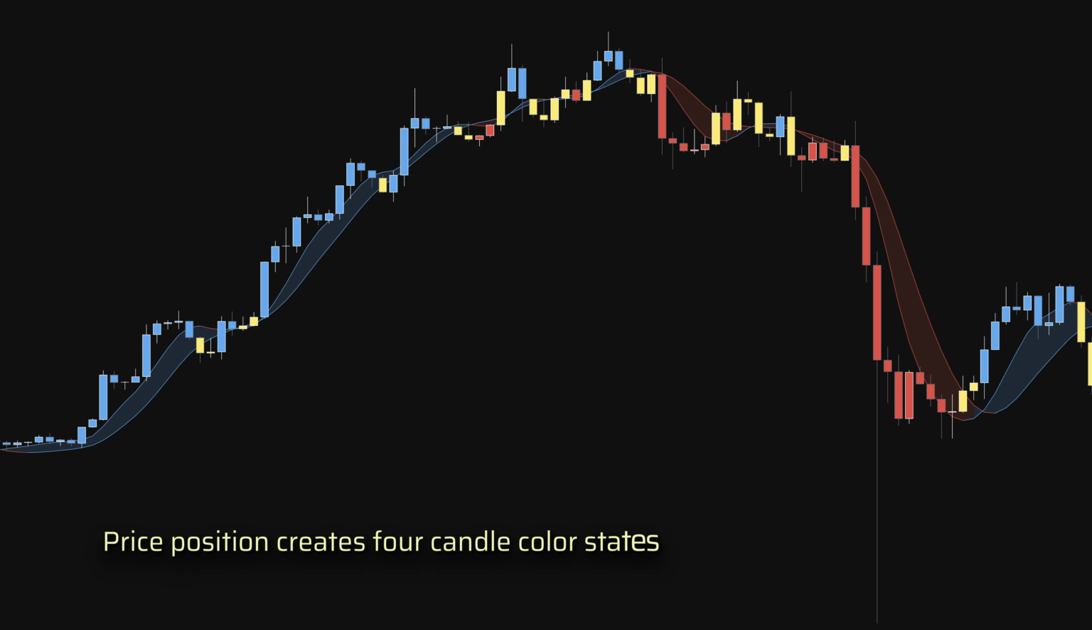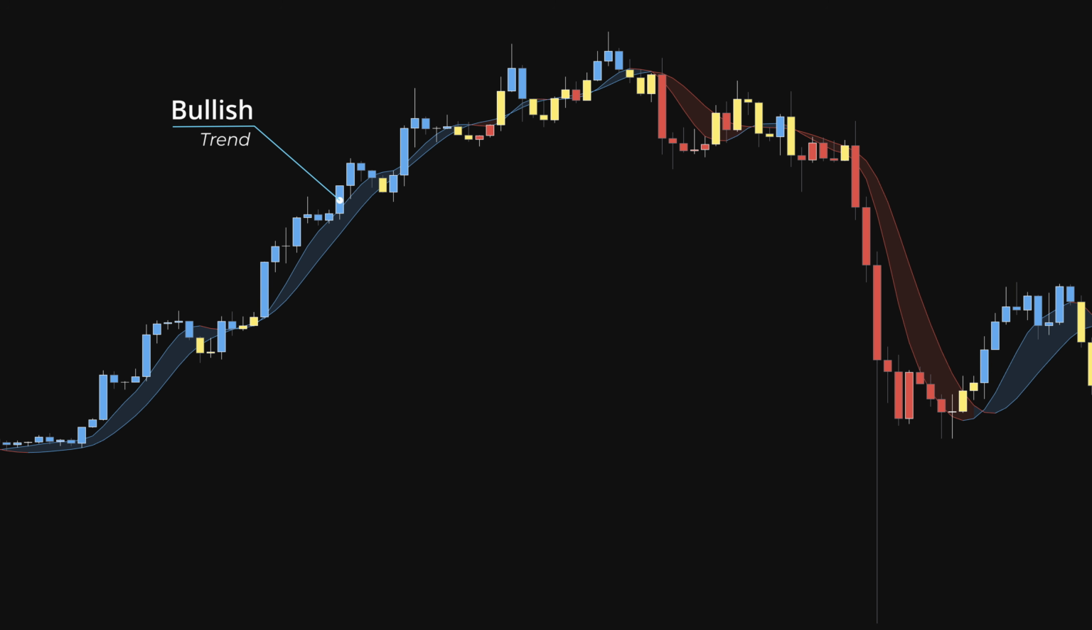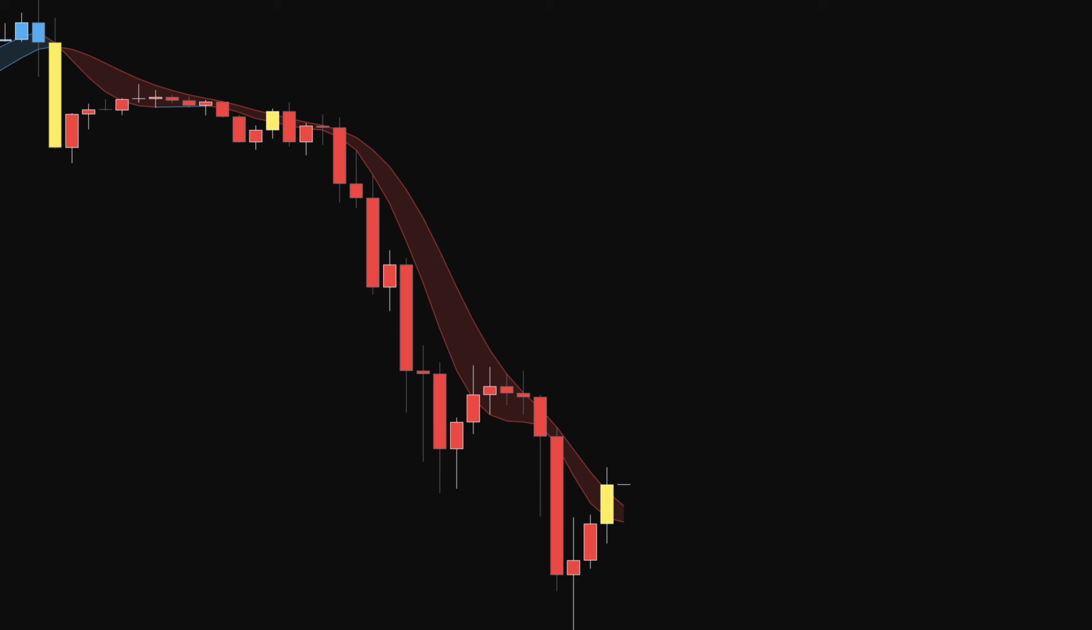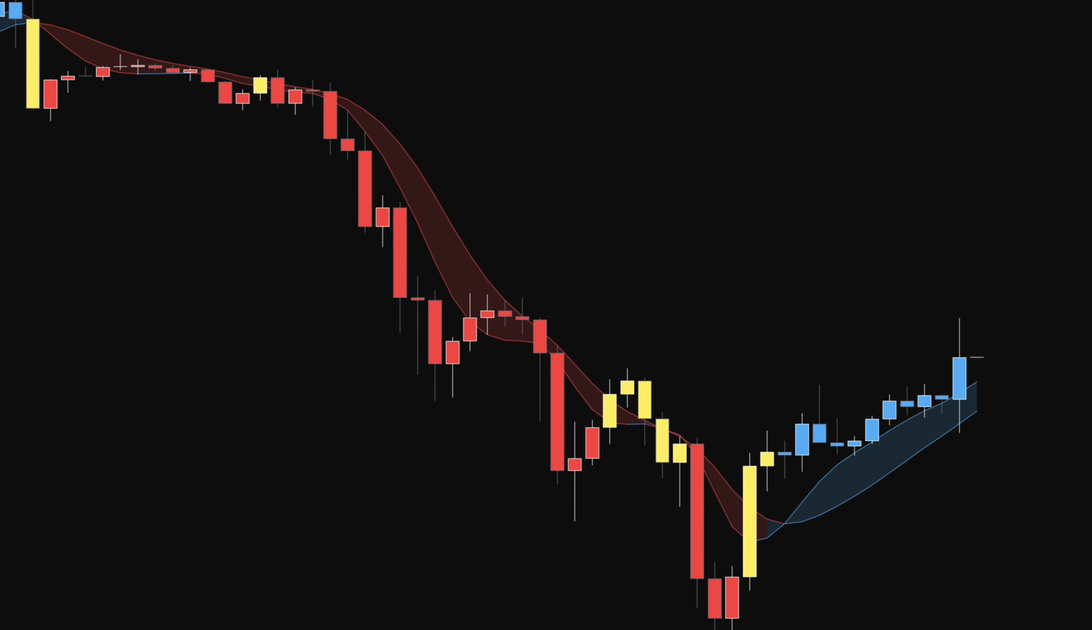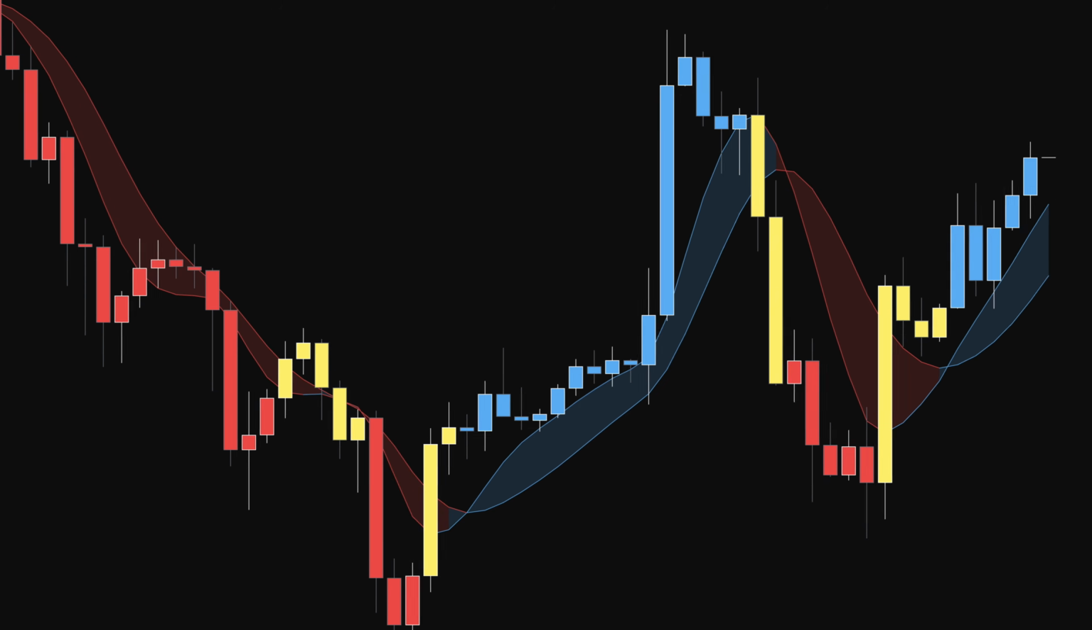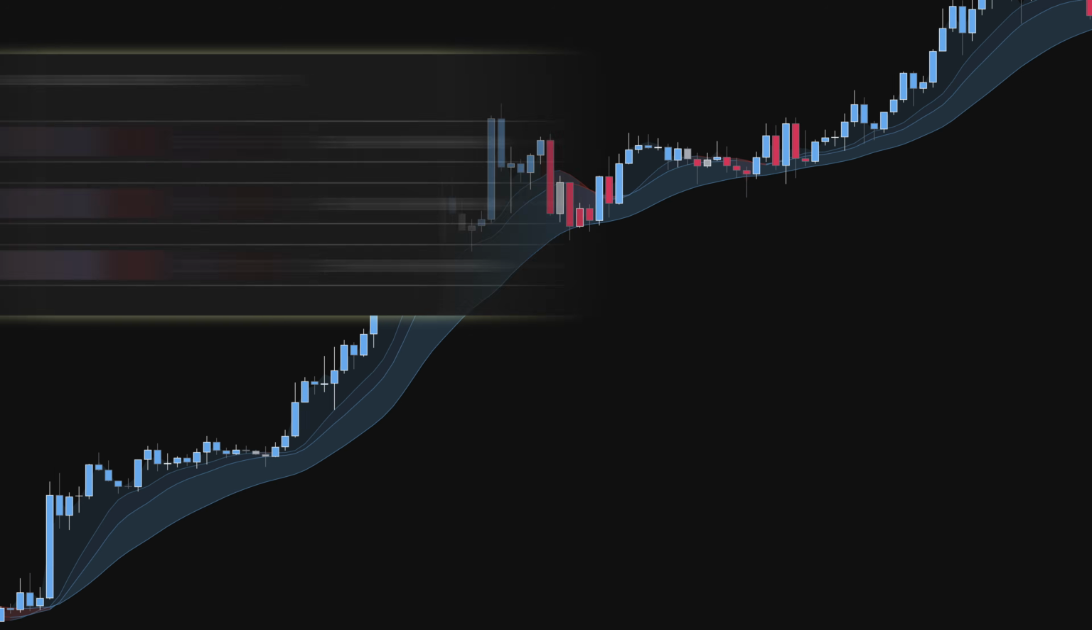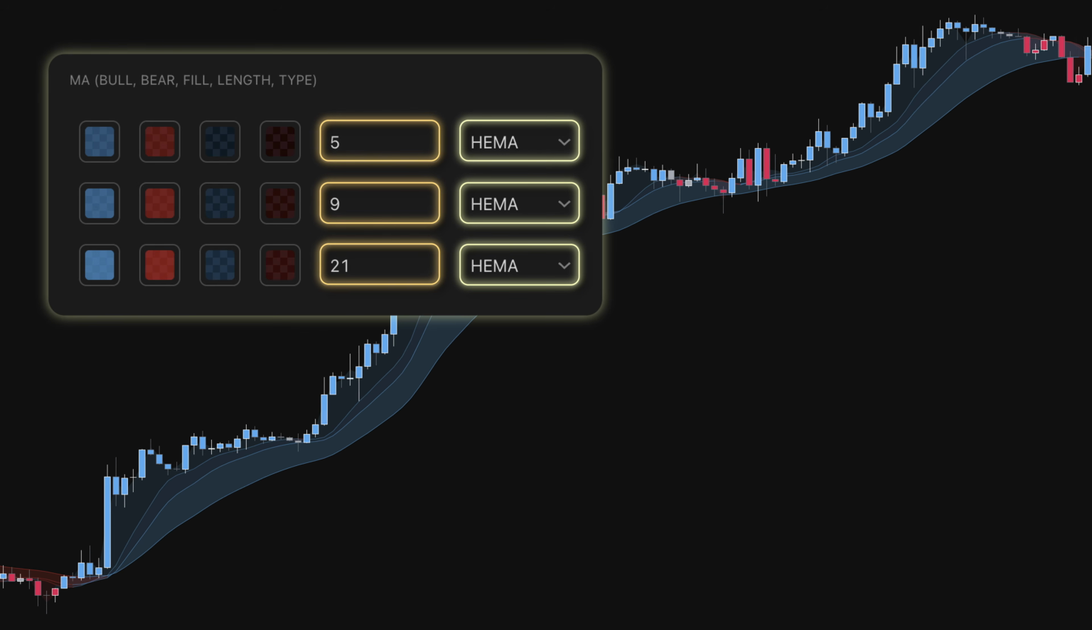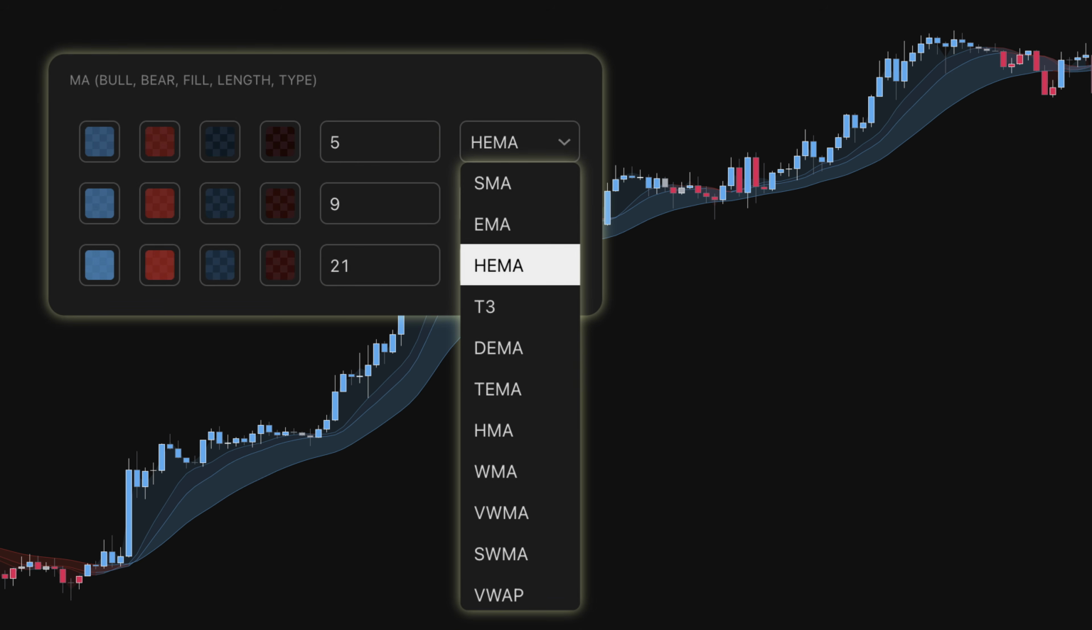Price positions relative to these smoothed lines generate 4 distinct candle color states: bullish trend in blue, bearish trend in red, and 2 reversal conditions in yellow when price crosses against the primary trend. The T3 algorithm applies triple exponential smoothing with adjustable alpha parameters, creating lag-reduced moving averages that respond faster than traditional EMAs while filtering noise. The MA strategy employs 3 configurable moving averages with 11 type options, such as EMA, T3,